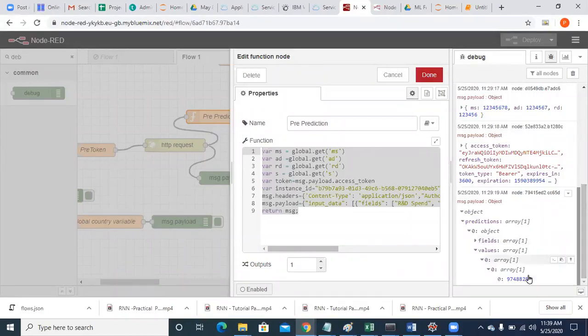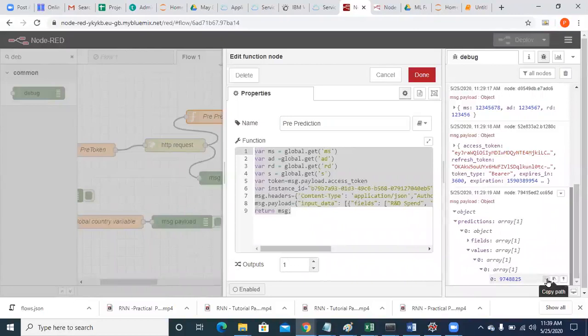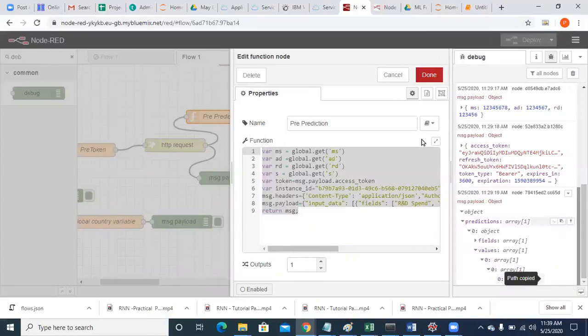How do you parse it? If you select that value, you will find 3 options, right? The first option is called copy path. The path is nothing but parsing. So you can just copy the path.